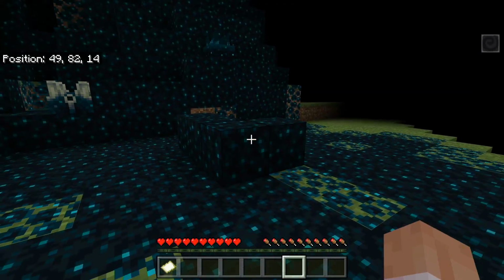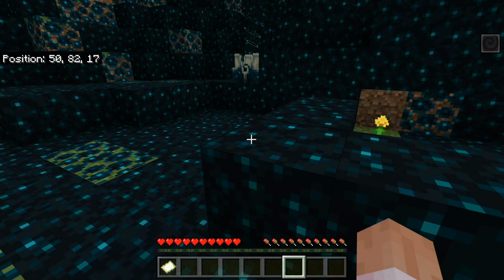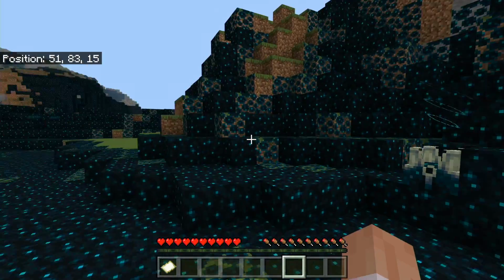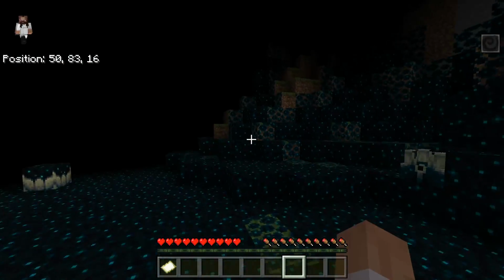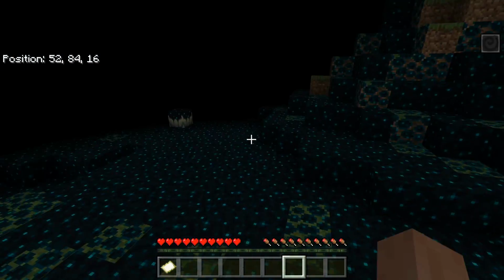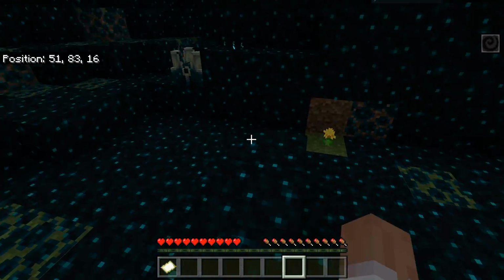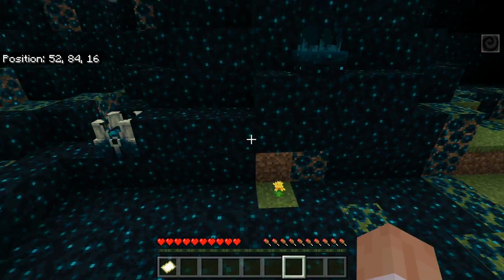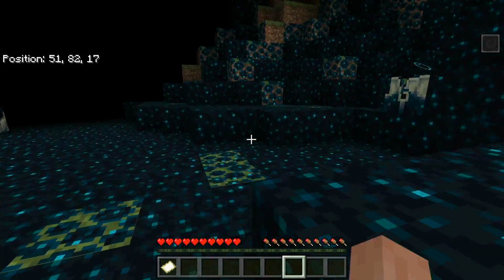But yeah, this works. Now, if you were going to do a completion challenge for Deep Dark, you would have to be targeting non-village strongholds. So you're going to have to throw your eyes and find them, because no villages will spawn, which will make it even more challenging. The ancient cities should be there though. So after the Warden turns up,